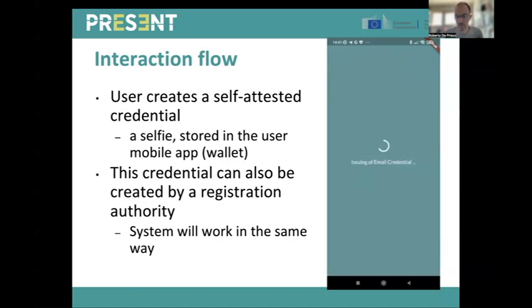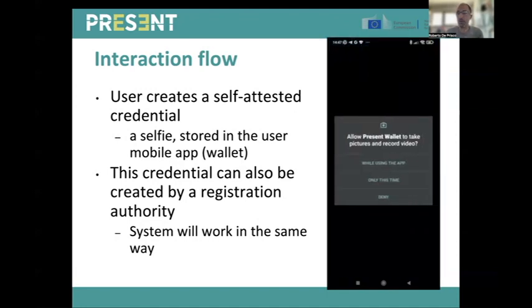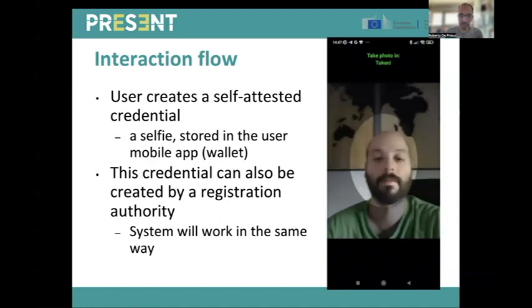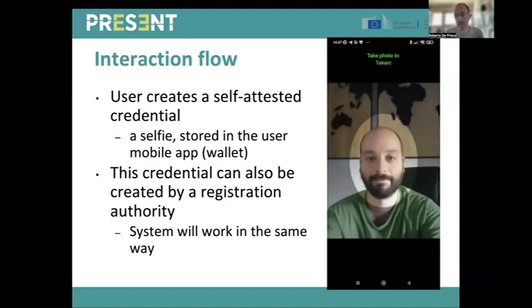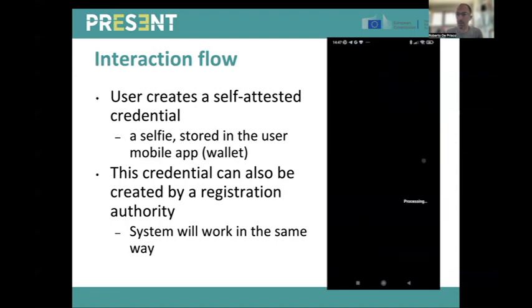Now the digital credential is being created. All this information is being stored in the digital credential that will be stored in the smart device of the user. And now, of course, the user has to take a picture of himself. Here Saverio is taking a picture of himself, and this is the picture that will be stored